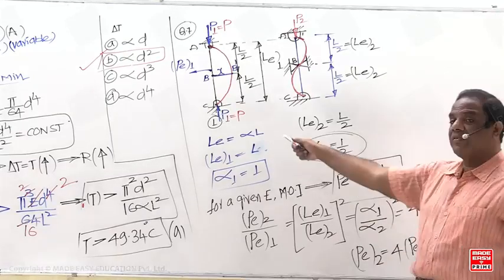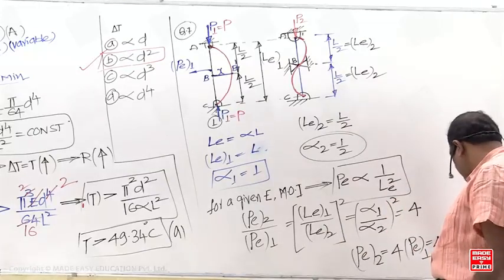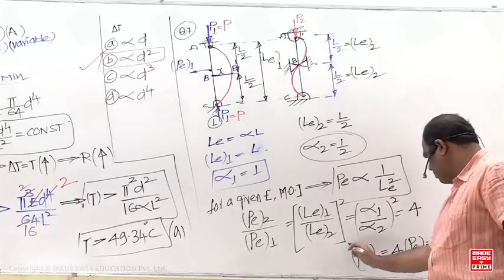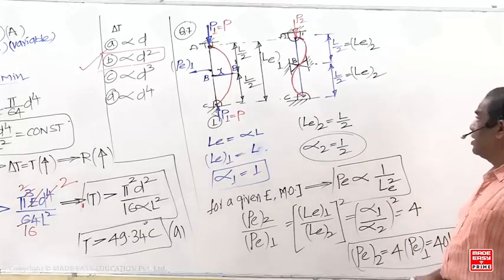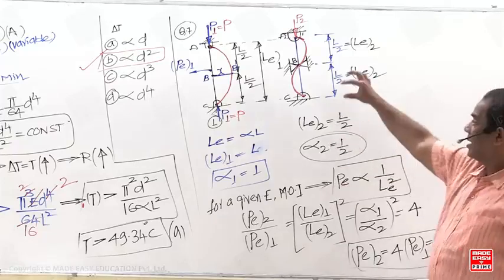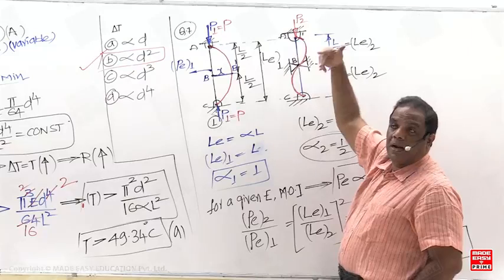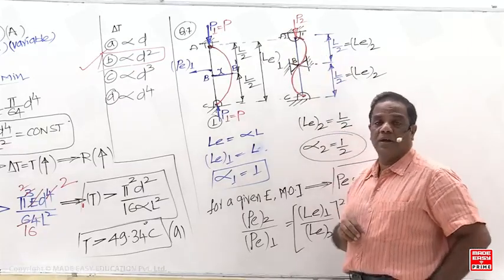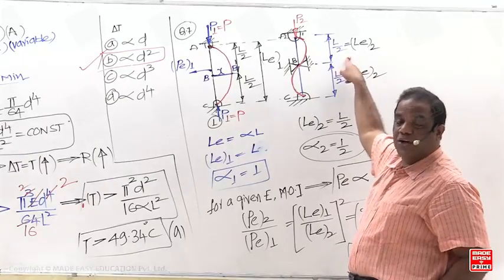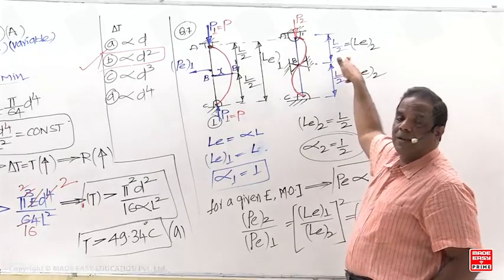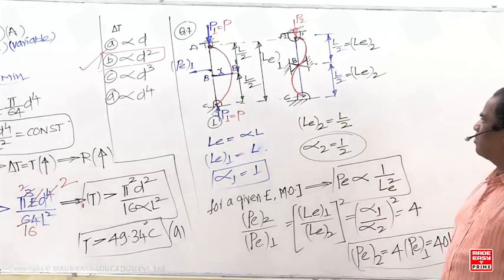In the question, the first one is given as a buckling load of 10. So the second column buckling load will be 40. P_E1 given in the question is 10, therefore P_E2 will be 40. So by restricting the lateral movement exactly at mid height, the buckling load becomes 4 times the buckling load of the first one, because the effective length becomes L by 2, that is alpha becomes half. Then automatically the buckling load increases by 4 times. So this is the explanation.